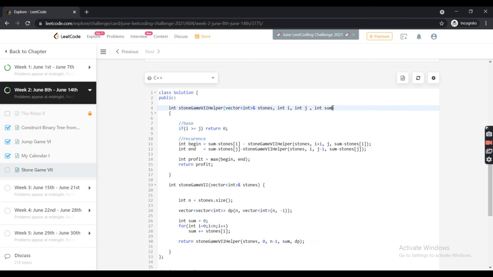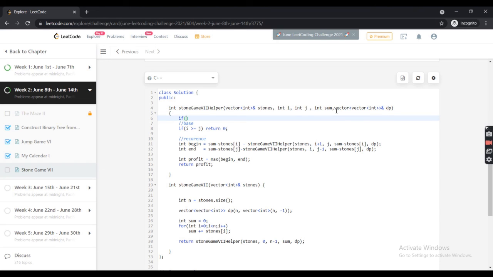Now we will pass this dp to our calls, here also we will say dp, and similarly here also we will pass this dp. We need to define it also, vector of vector of int, and we need to pass it by reference so it holds and passes its state.